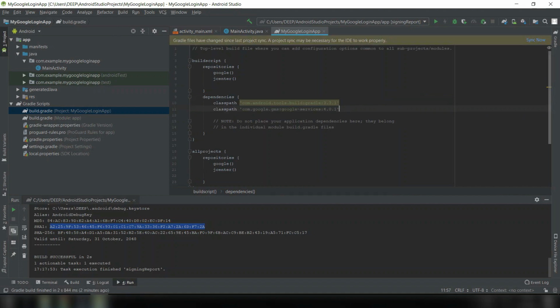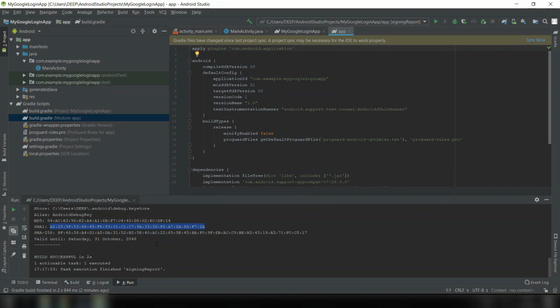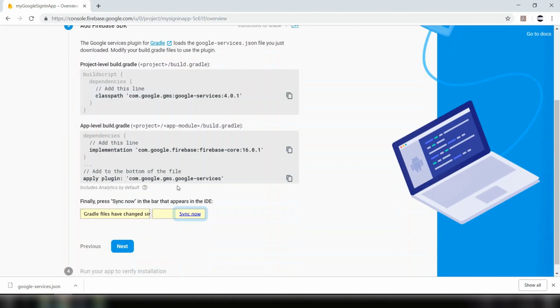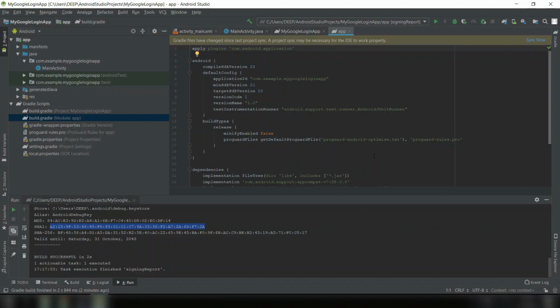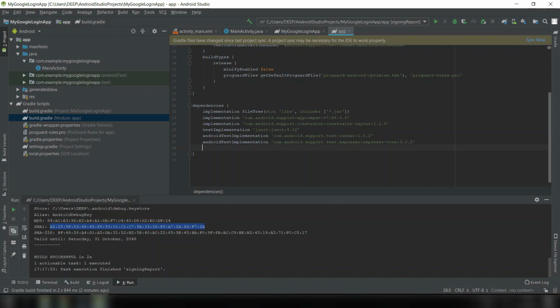Underneath this one we'll paste it, and this has been upgraded to 2, so we'll change it to 2, and this has been upgraded to 4.2.0, so we'll use the recent one. We won't sync it now, rather we would open the module level Gradle and we'll implement the Firebase core over down here, and this has been upgraded to 7. Let's change it to 7,